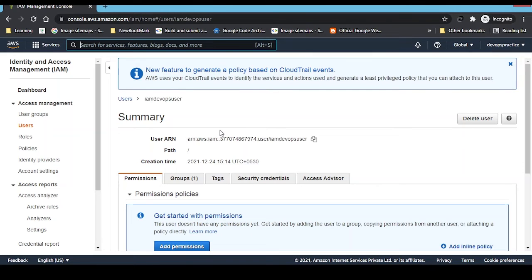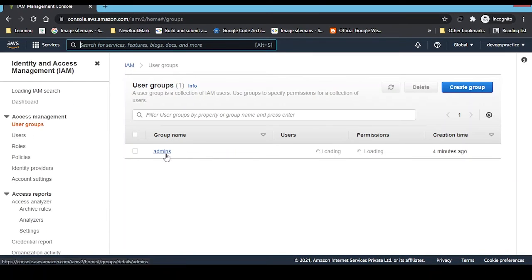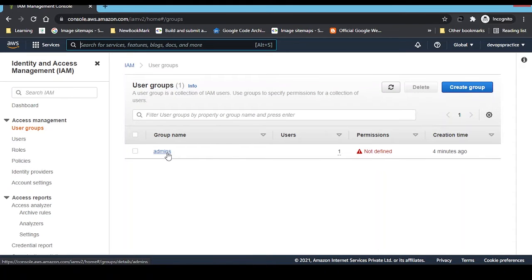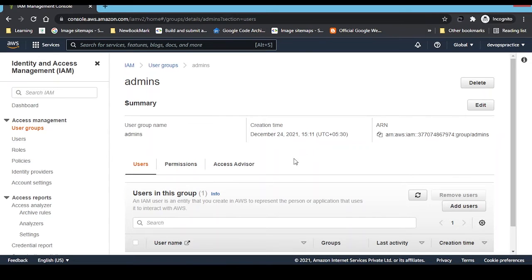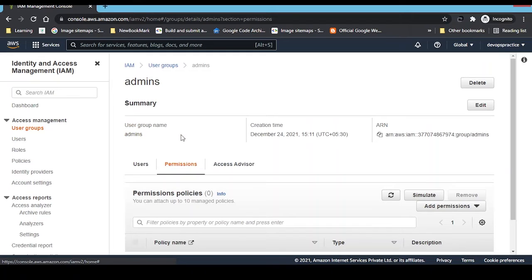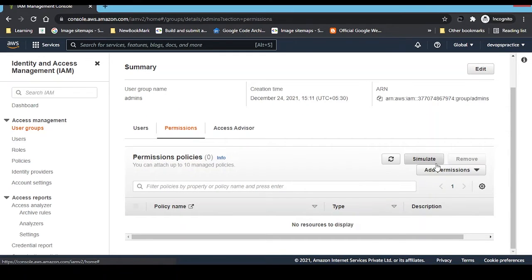Either you can provide the permission to the user directly itself, or you can set permission on the user group. So what benefit will you get if you apply the permission on groups instead of providing it to the user? If I'm applying any permission inside the user group, then by default, suppose you have created n number of users inside this user group, this permission will be inherited from this user group to all these users.